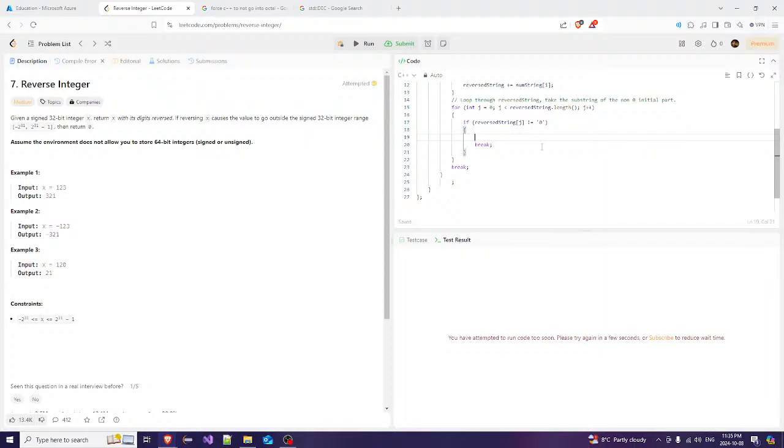And then you're going to want to return, or basically say reversed string is equal to reversed string dot substring